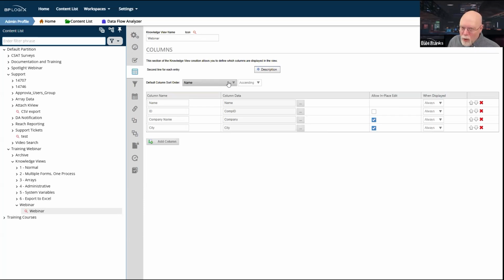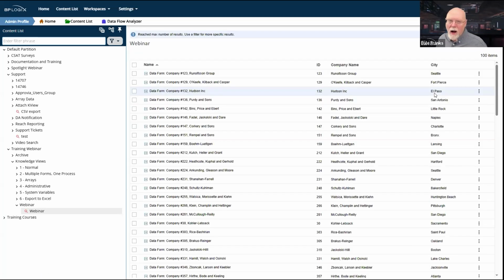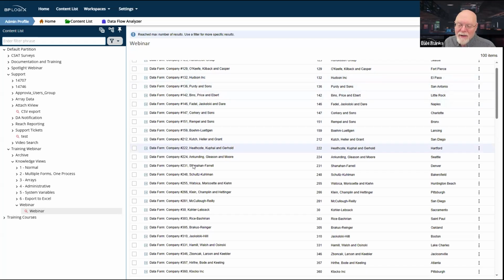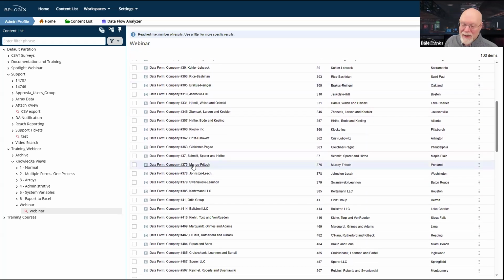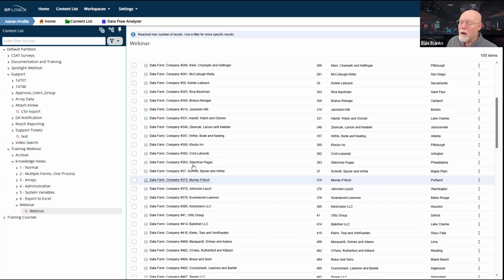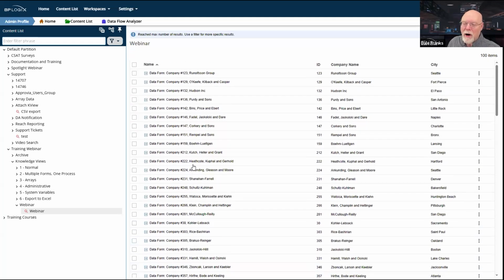Now that seems cool, except for this problem. All of my names are going to be kind of the same. The one change that we're going to have on my names is the company number. And even though this looks like it is in alphabetical order, it's not really. Even though it looks like it's in numeric order, it's not.